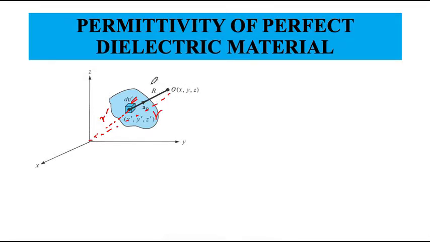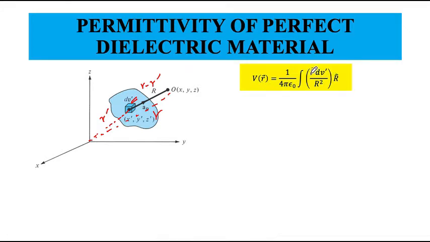Now the potential is actually a function of R minus R', or the distance between the vector R' and R, so the distance between them, R minus R', let us call it script R, being the magnitude of the distance between the dipole in the volume and the field point. So the potential is basically whatever the charge present inside the volume element, divided by 4 pi epsilon naught into script R.